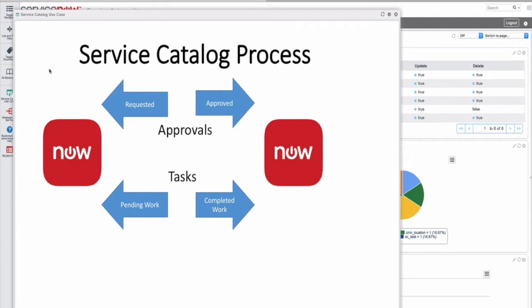Today we're going to keep the process and use case fairly concise. We're going to have two instances of ServiceNow, and we're going to have approvals requested within one instance representing the original request, and then approved within another instance, and then that will update the original request. We're also going to take tasks that are being generated in the request that was generated from a Service Catalog, and then that work being completed in another instance of ServiceNow,